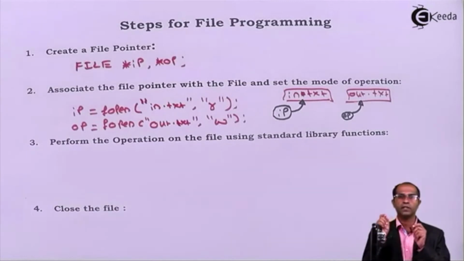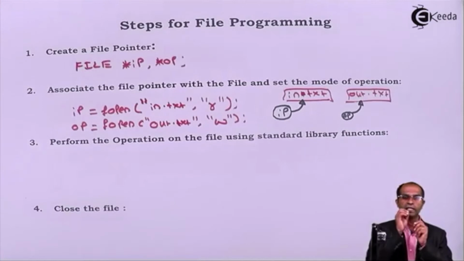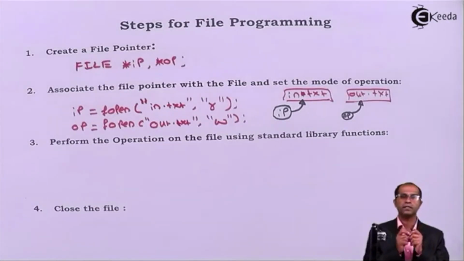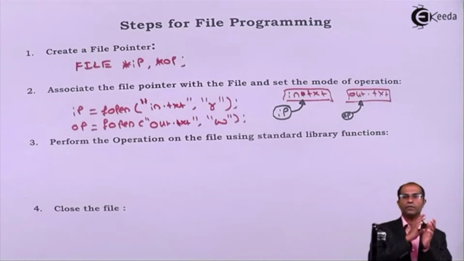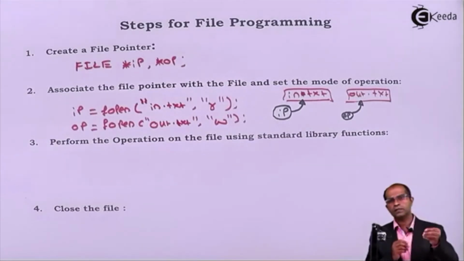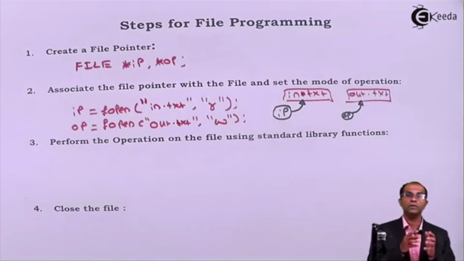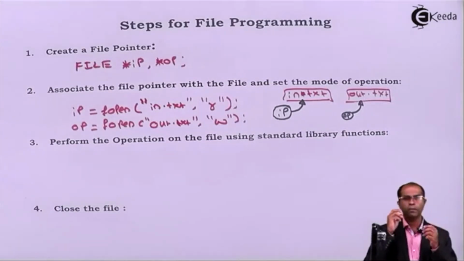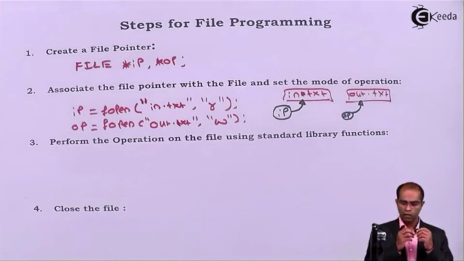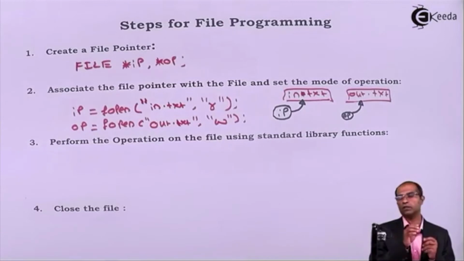Now when a file is opened under read operation, as we did with IP equals fopen in.txt, R, if the file exists, it will return the address of the file. Now let's say a worst case. You might be trying to open a file which doesn't exist. You might remember the name of the file only partially, since you say in.txt, you just guessed that this file may exist. But unfortunately, this file may not be there on the disk.